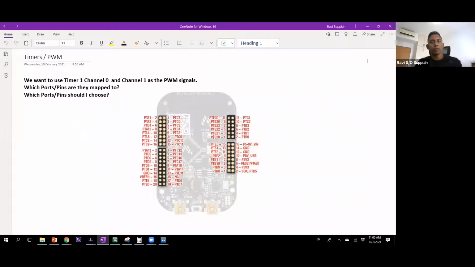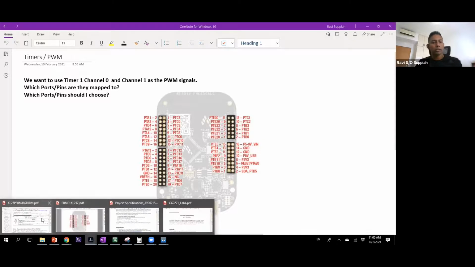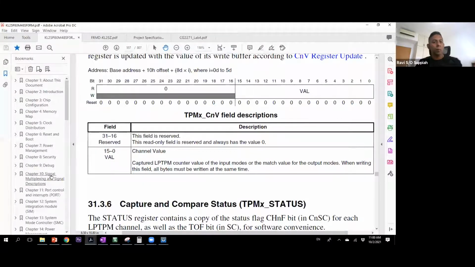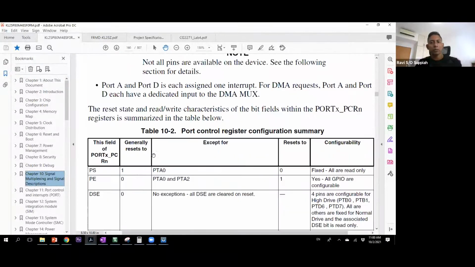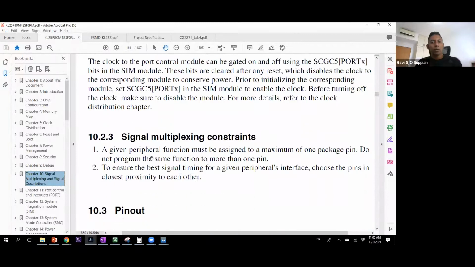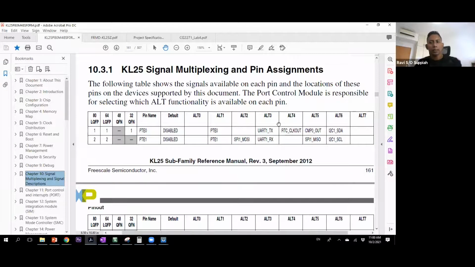The place to refer to is the signal multiplexing. I showed you this before. If you look at the signal multiplexing and pin assignment, that is where you have all this information on